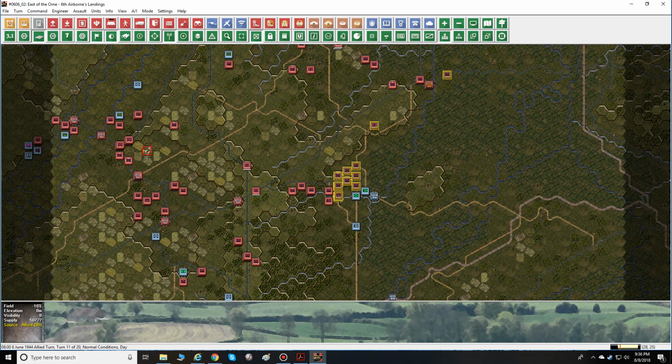Now, every scenario is different. You might only have, say, supply sources, say, 50% or 60% or 70%. So if that's the case, you're going to be failing a lot more tests. So that means you're going to have to rely on your higher level headquarters to pass their test, so you can get that double